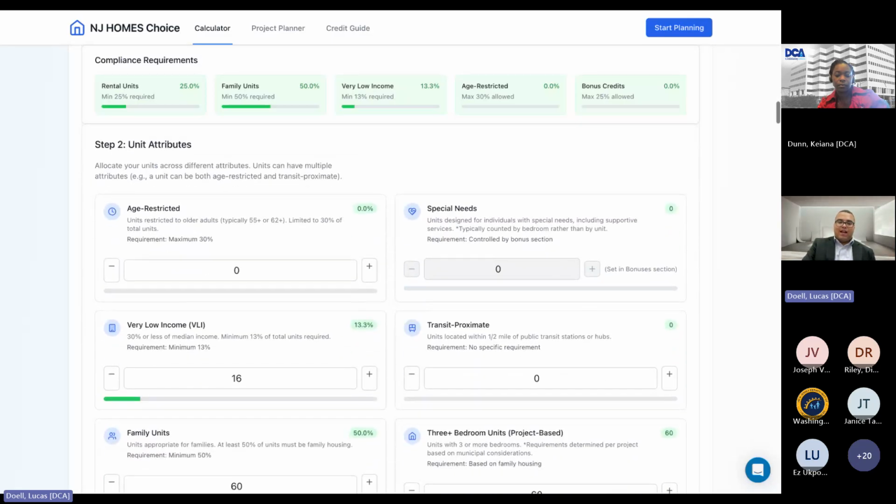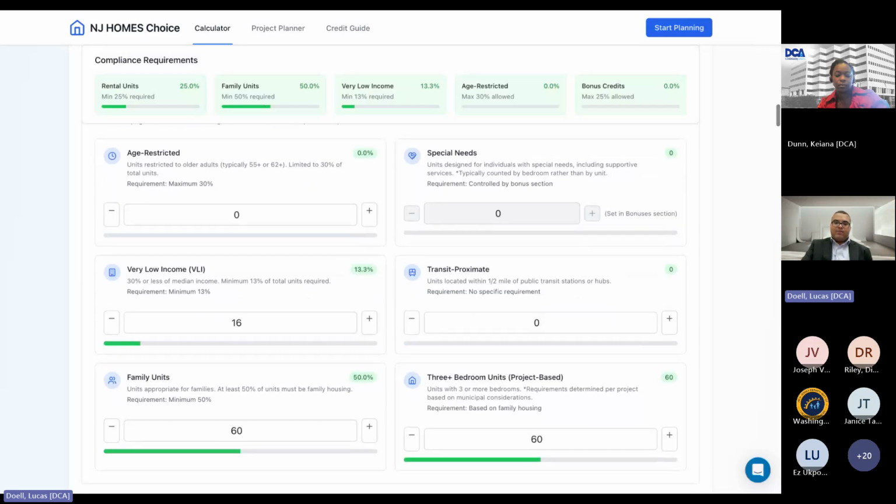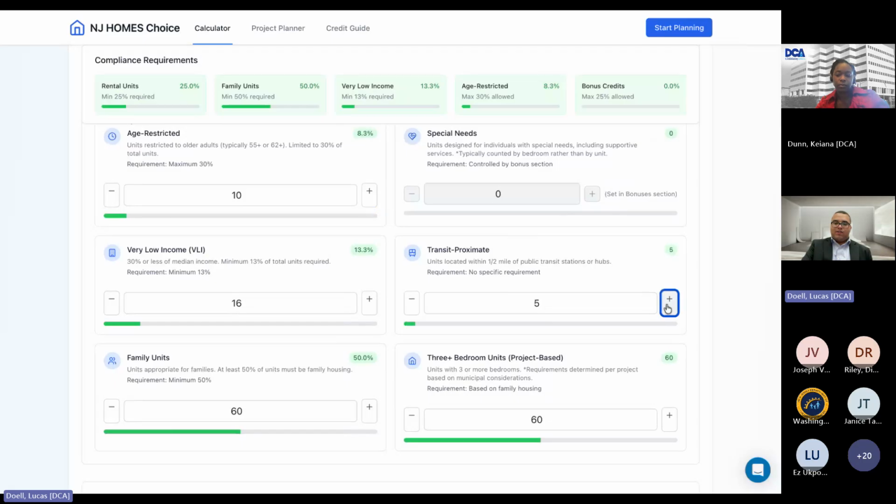Step 2 is unit attributes. So this is where you can apply different attributes to your units. For example, you may have some age-restricted housing. We'll add a few of those. You may have some transit proximate units. We can add some of that as well. And so this is what you'll do to assign your units different attributes, and that will account towards your bonus